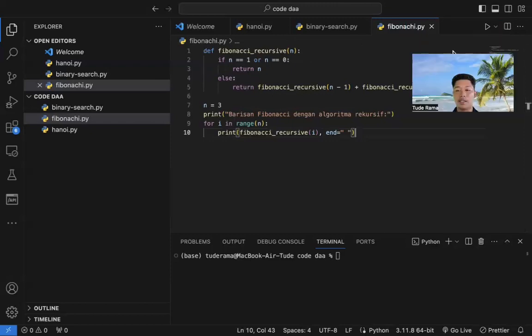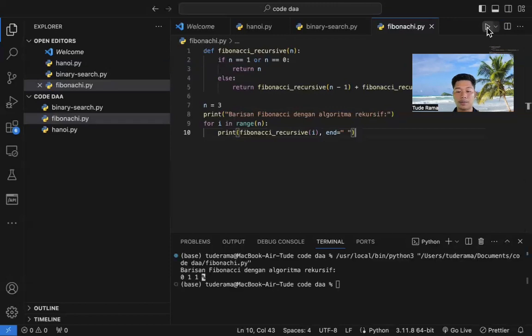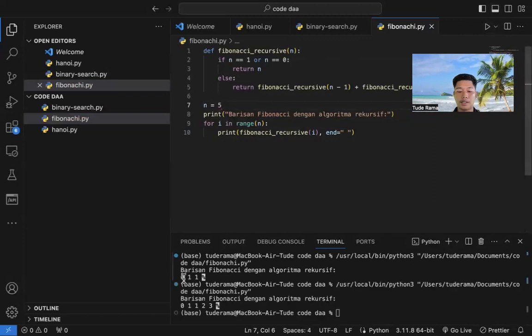If we run the code, it will become this: the Fibonacci series 0, 1, 1. If we change this to 5, it will become 0, 1, 1, 2, and 3.